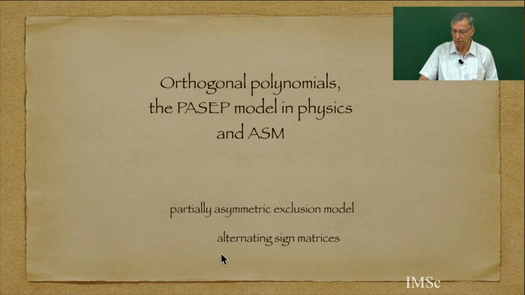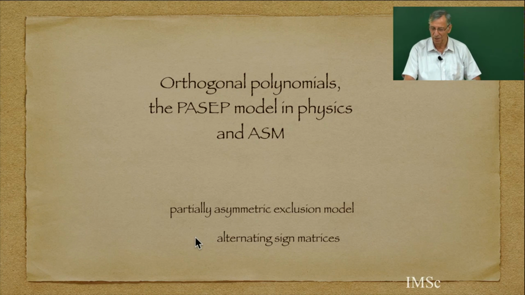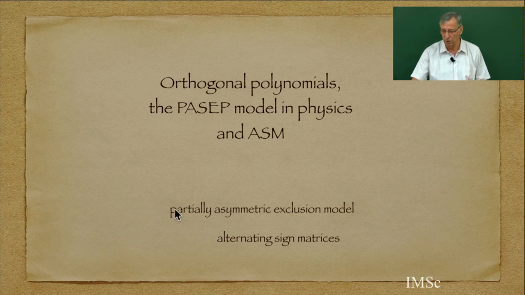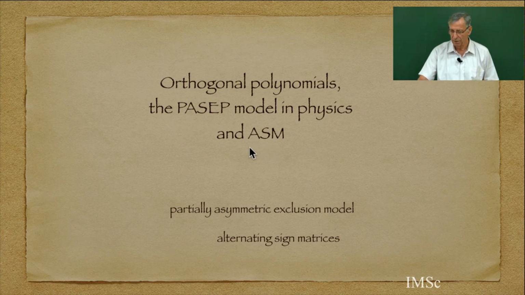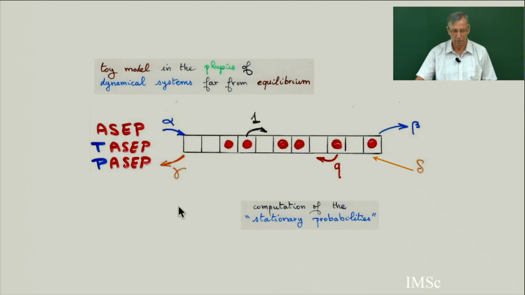So why I introduce this chapter inside the Tableau-Ansatz, Q-tableau and quadratic algebra is because there is a strong relationship between the PASEP model in physics, also the Alternating sign matrices, and some orthogonal polynomials appear in the story. So I don't redefine again the PASEP and so on. The general PASEP model, partially asymmetric exclusion process, is with 5 parameters, alpha, beta, gamma, delta, and q, and so we will get some polynomials related to this.